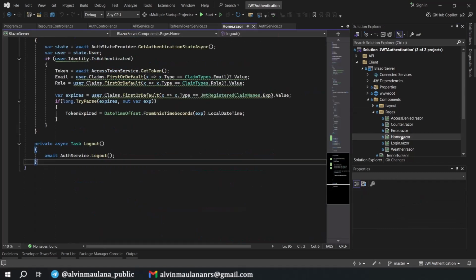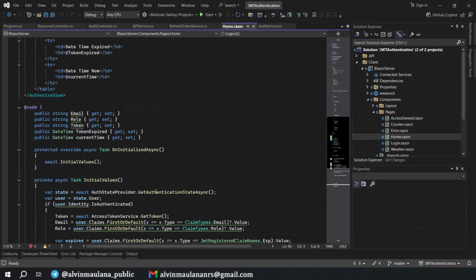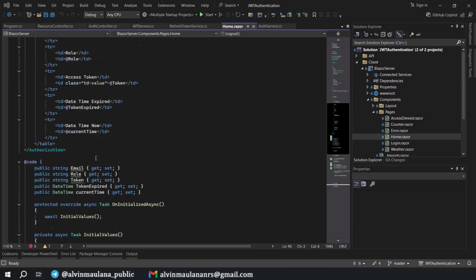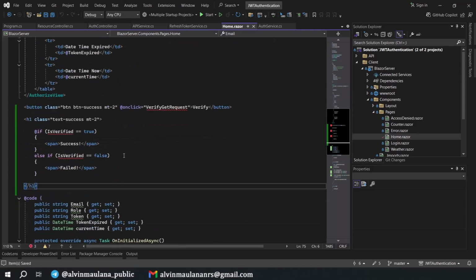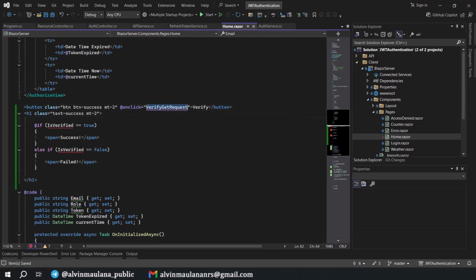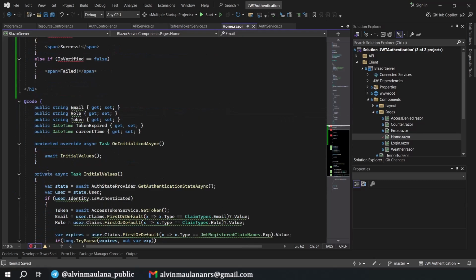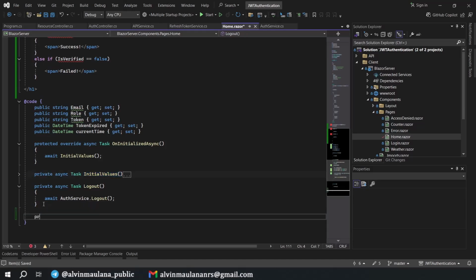Now let's try to call this API service from our UI. Pages, home, we try to call this on home, and we will have a new button in here below the authorized view. Okay, this one. Maybe we implement the function first. Where is it? Minimize private asynchronous task. This one.